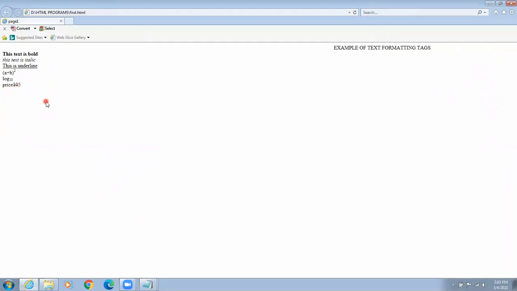Like when you visit Amazon, Flipkart or any other e-commerce website, in that website you can see there are different prices, and they have deleted the old price and shown the new price to show the customer that this is a new price. Okay. So like this, for developing such a website, you can make use of del. Next tag is the mark tag. Okay.